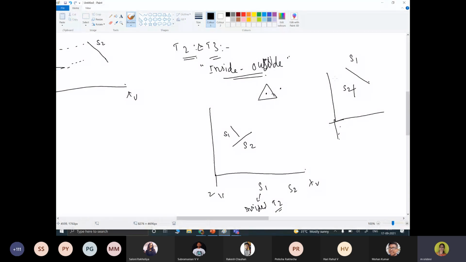If all the vertices of S1 are outside of S2, then the overlapping surface S2 is completely in front, and S1 is completely behind S2.